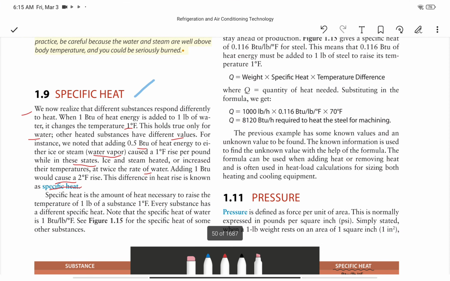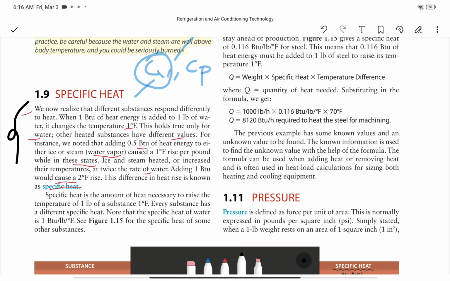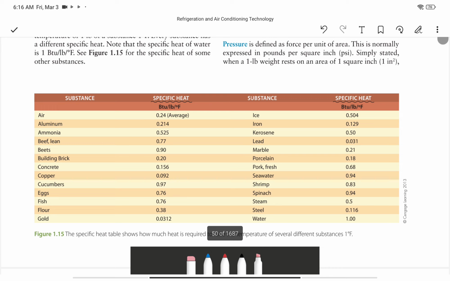So there are two specific heats: specific heat at constant volume and specific heat at constant pressure. What I've just explained from the engineering point of view is the constant volume one. In a very simple way, everybody can understand this immediately. By experiment, there are values here for specific heat. In figure